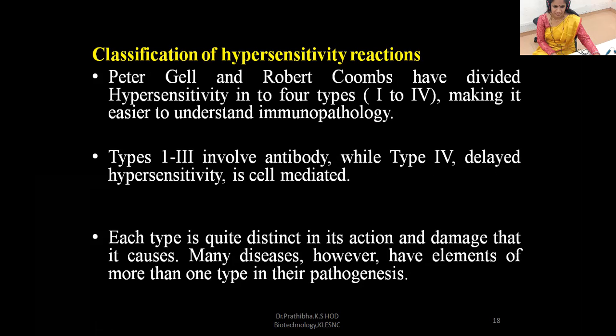As I told in my previous video also, hypersensitivity reaction can be classified into four types. How did Gell and Coombs classify these four types? Mainly based on the effector mechanisms involved, the components involved in the hypersensitivity reaction, and the time of onset, that is, how quickly the reaction develops. By keeping all those parameters in mind, they classified these four types of